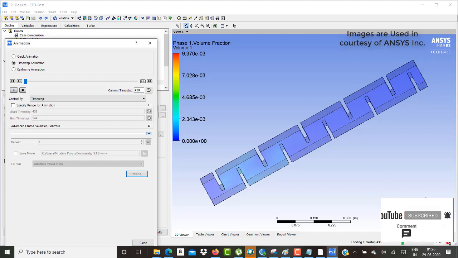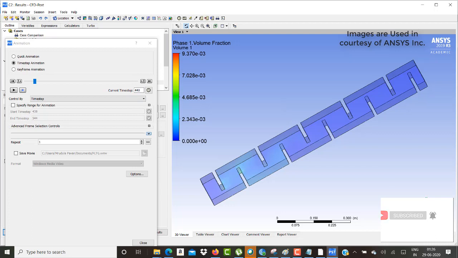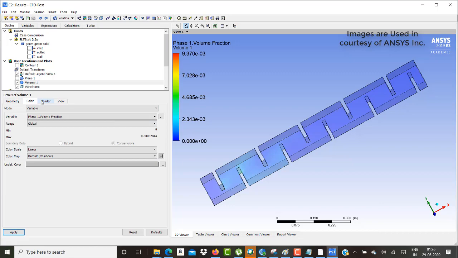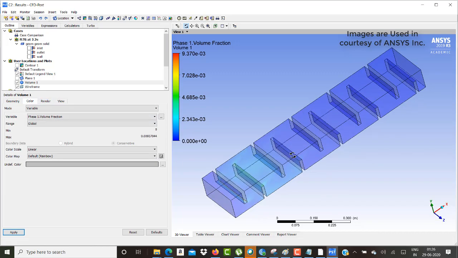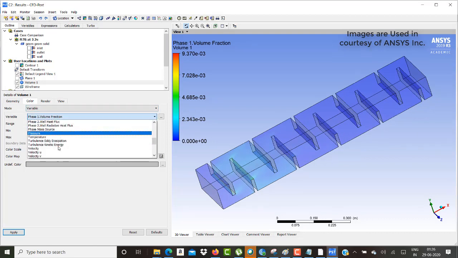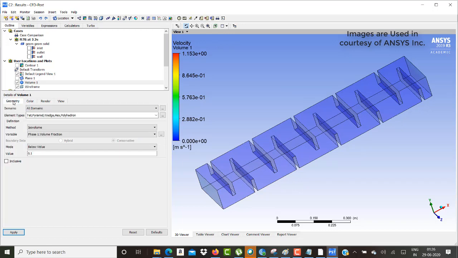It will take some time because it needs to render all of this. I'll just try to stop. And yeah, we can play with all these things to include our variability in this. So maybe you can now have velocity as your variable.